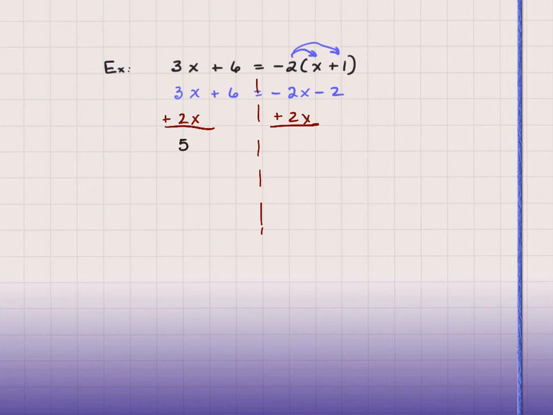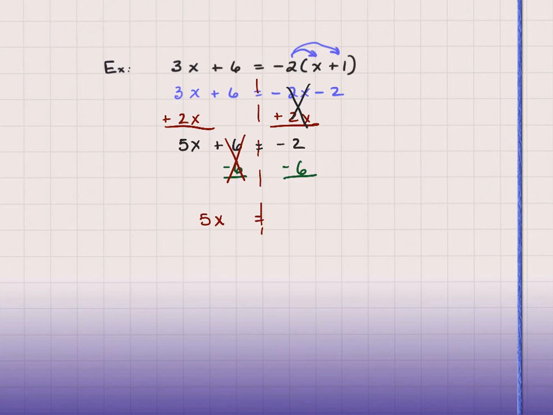And so after I've done that, I get 3x plus 2x. Still have my 6. Here they've knocked each other out. And I just have that negative 2 on the right. All my variables on the left-hand side are my variable terms. So I'm moving everything away from that side, leaving me with, these cancel,